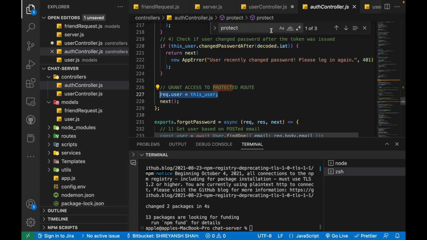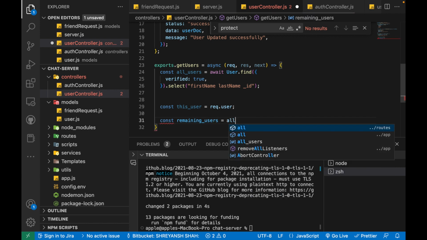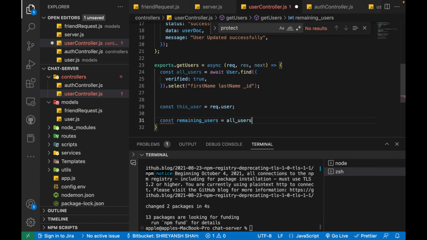So we'll be able to access this property here like this. I hope that is clear. Now I'm just going to get all of the remaining users. What I mean when I say remaining users, let me actually write the query, and that will make things very clear. So const remainingUsers is equal to, first of all I'm just going to do a filtering here